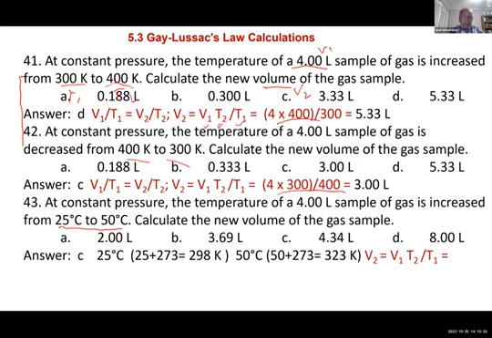So I am converting here 25 to Kelvin, 298, 50 to 323. Now the problem is similar. Now you have to get the Kelvin values and plug in the equation. So when I did that, the V2, final volume, is equal to